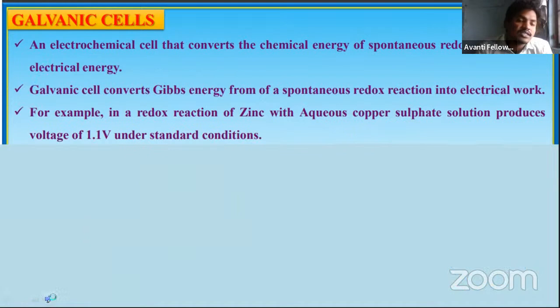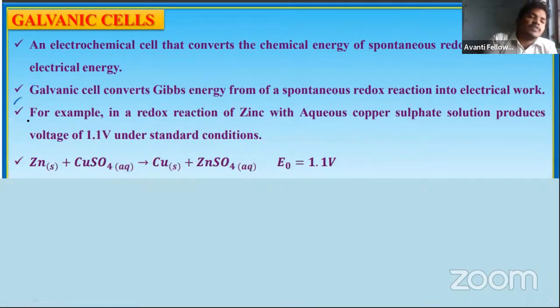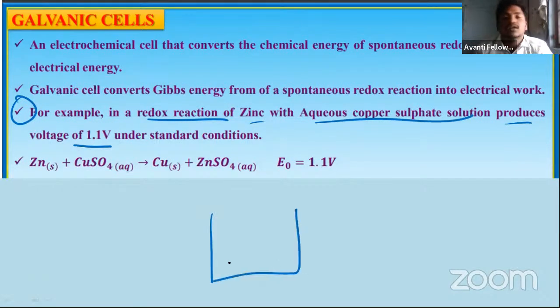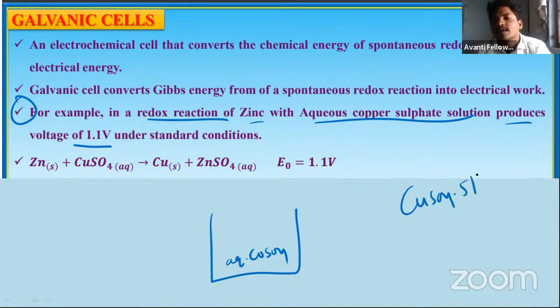Now you can see here, for example, the redox reaction of zinc with aqueous copper sulfate produces a voltage of 1.1 volt under standard conditions. They have taken aqueous copper sulfate. I am writing here aqueous copper sulfate, and try to remember CuSO4.5H2O. Many times they ask this in the examination,